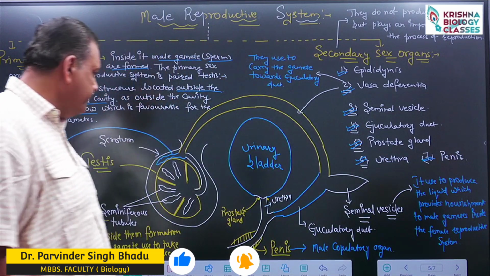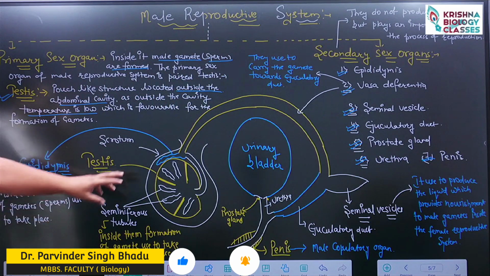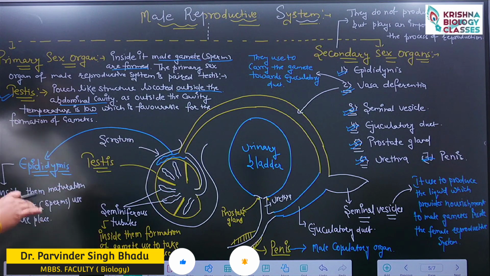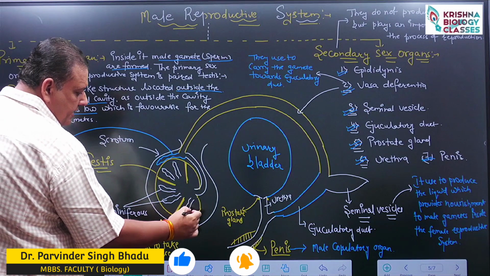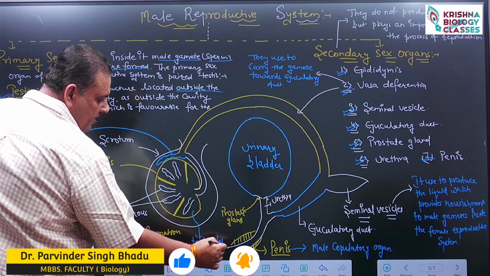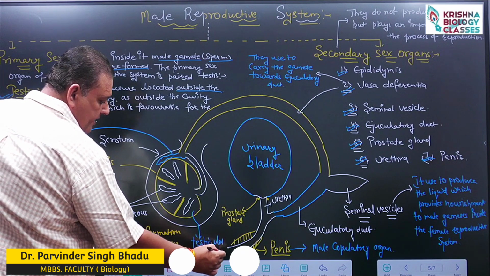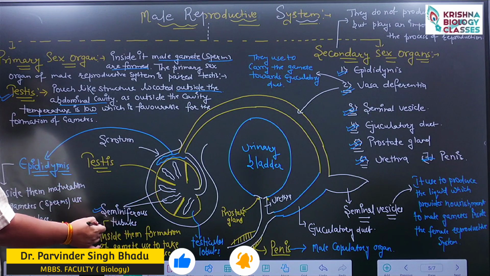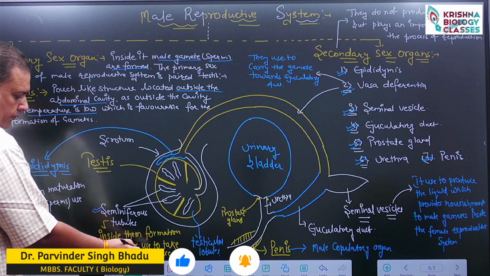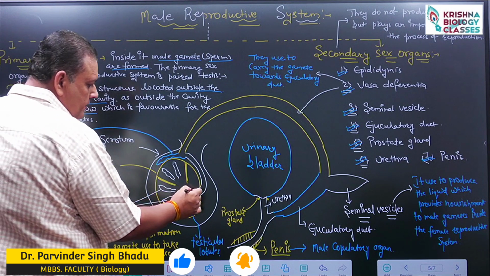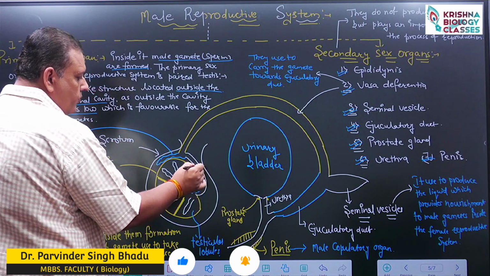penis. Now, this is a diagrammatic representation of the testes, in yellow color, which is divided into compartments. These compartments are named testicular lobules. Inside them, tubular structures are present, which are named seminiferous tubules, in which formation of gametes takes place. Now, these gametes are released and move towards